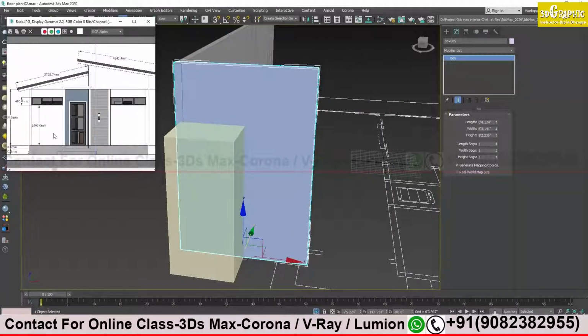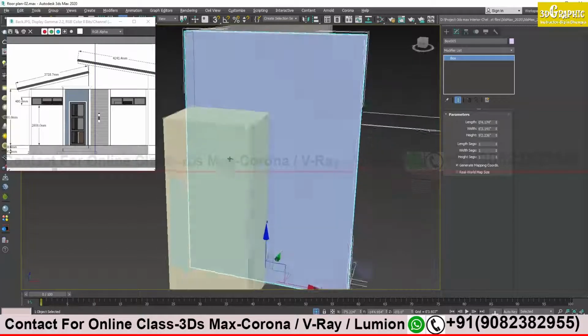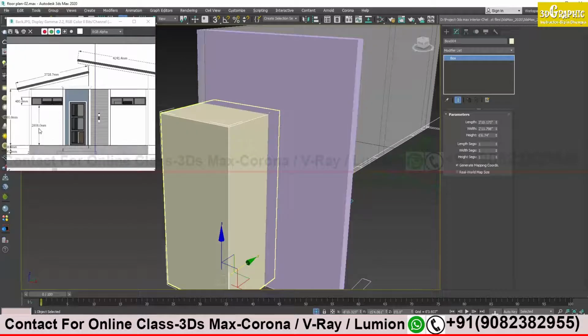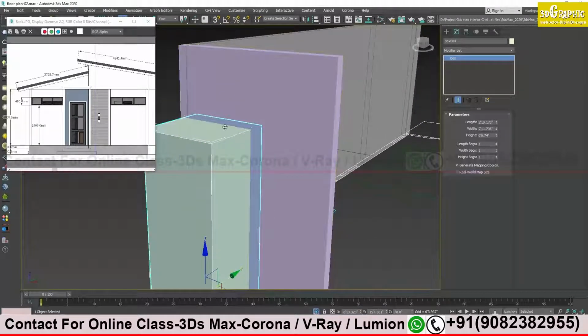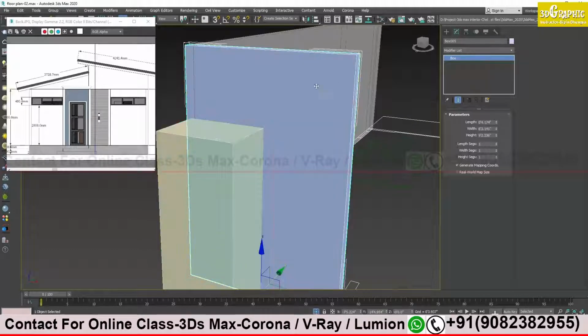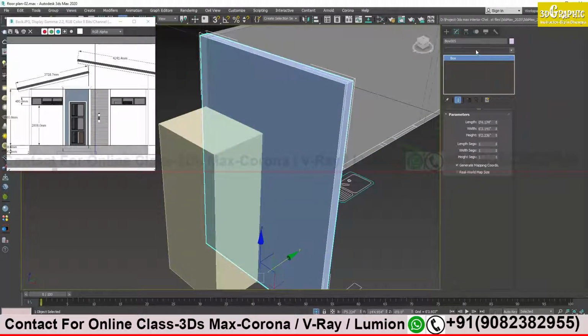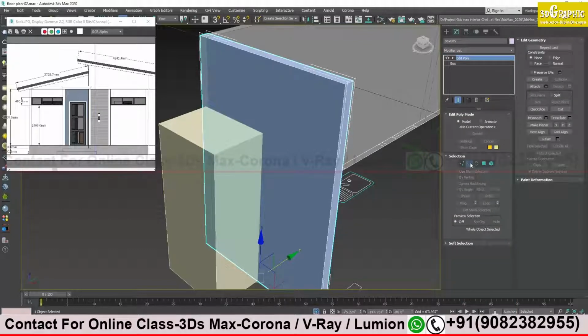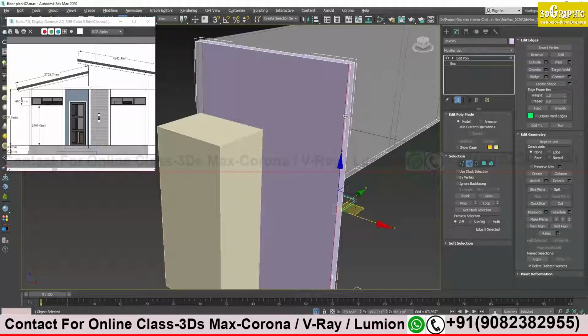This one, okay, 2800 millimeter. So I have created a box of 2000 millimeter over here just to get the height, and I will create my actual wall and then convert it to editable poly. Okay, I will take the edges, click one edge and then ring. All my parallel edges are selected, not the top one but the side edges. Right click, connect, and then just move it.